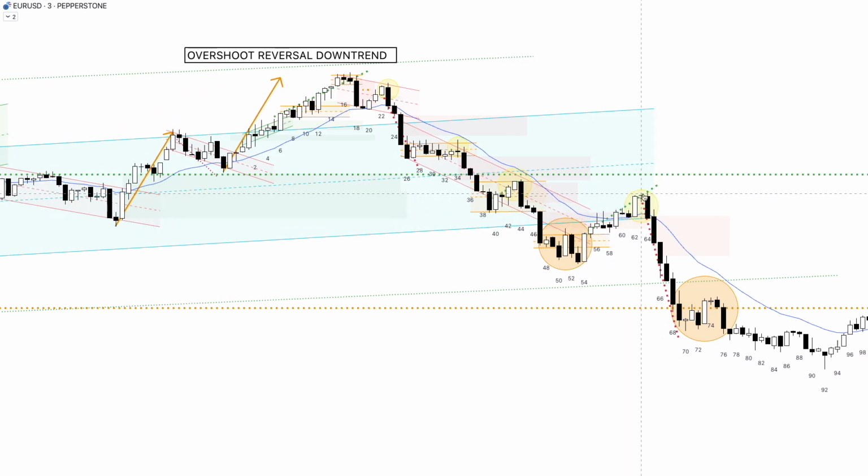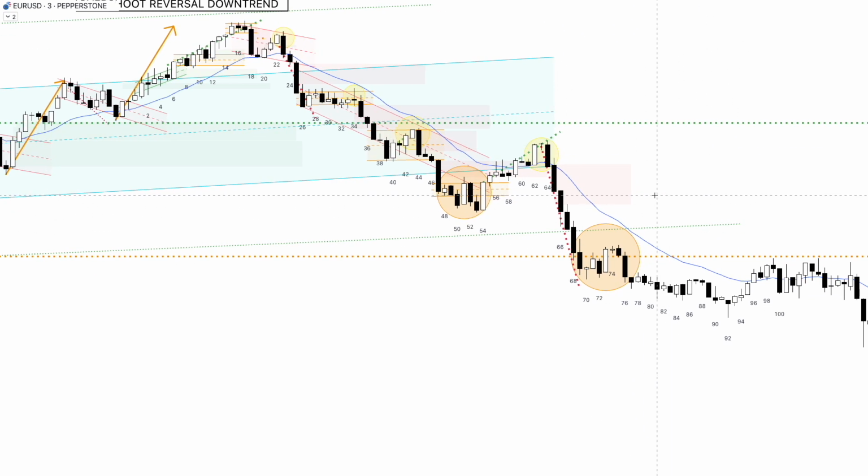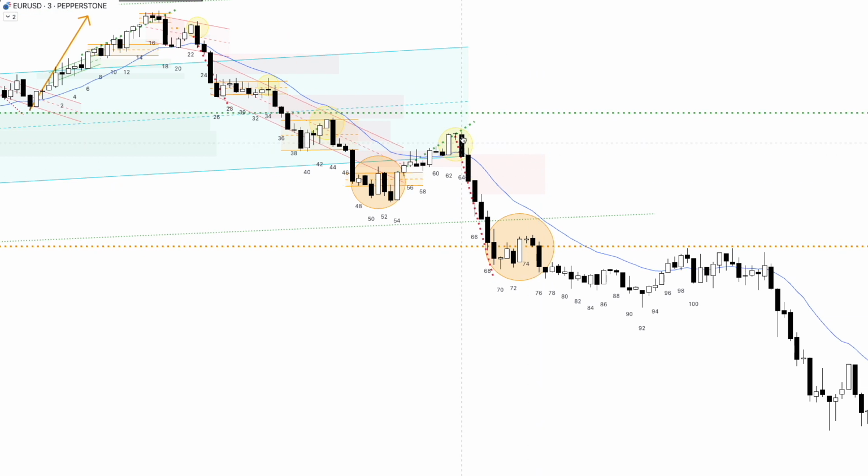It's creating this channel up. You can see the failure there. It tries to break out and it completely fails. It just goes short there. It's so bearish. And we just continue to hold. There's no real trades. When you start to get into this action here, you just have to wait it out.